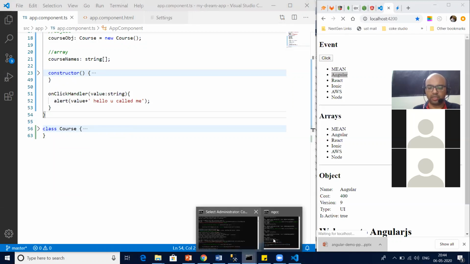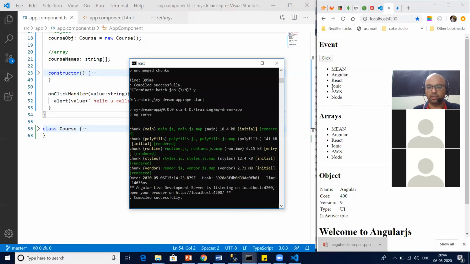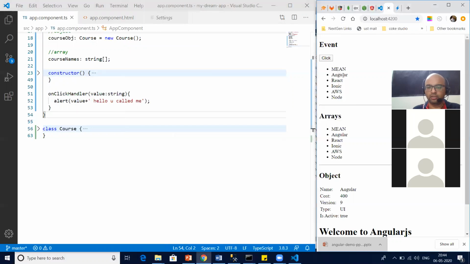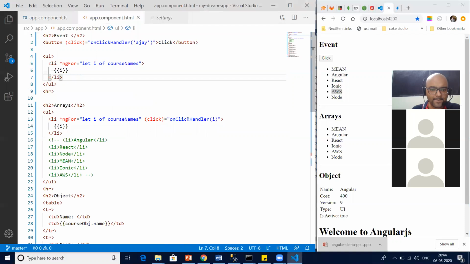Let it run, let it compile. One second. Yeah, it's compiled. This click is working, but why is this click not working? Come on, what happened? What is the mistake that I've done?